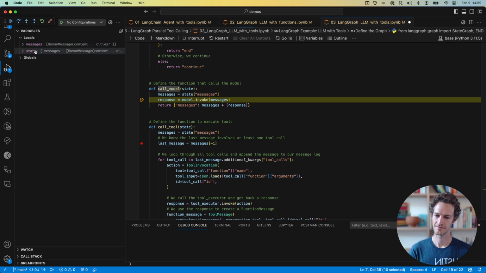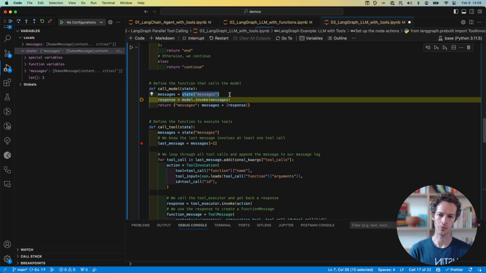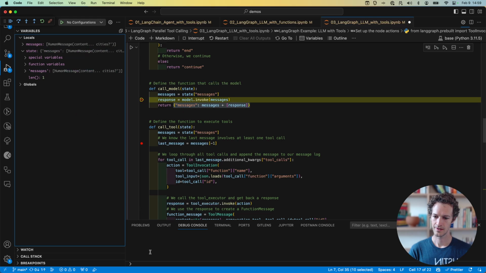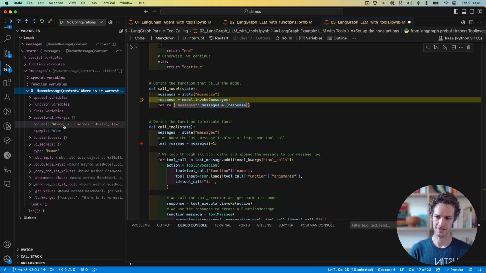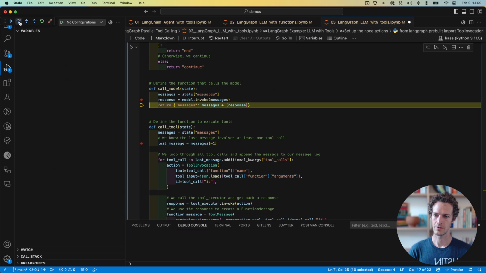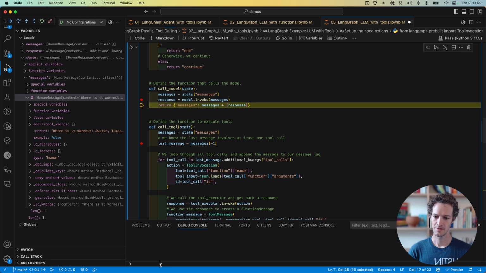So it's got state by default, that's what we pass through, and I set messages as, remember, we were getting the entire list and we're going to be appending to it and returning. So let's look to see what our messages are so far. We just have the one human message that I passed in. "Where is it warmest?" That's the initial query. So if we run that, we get the response,